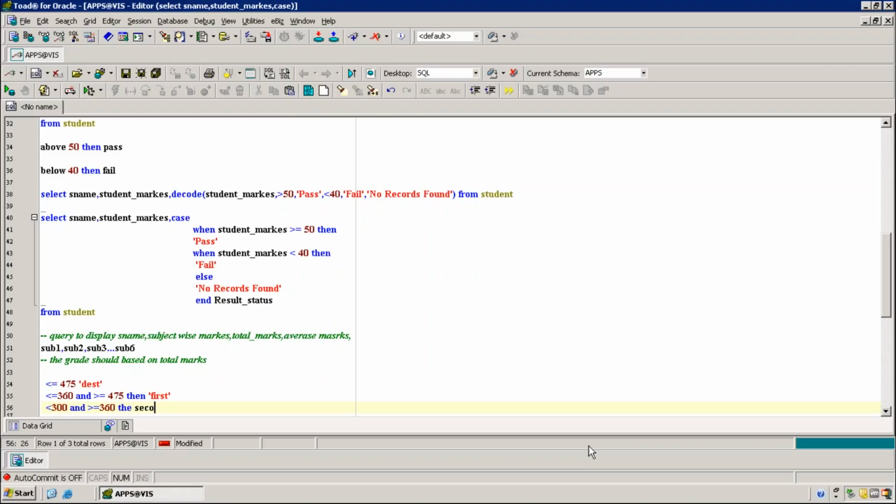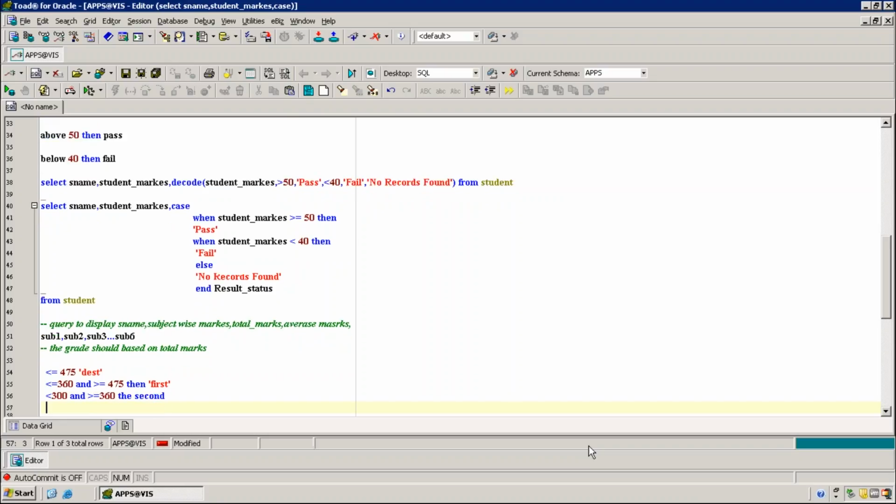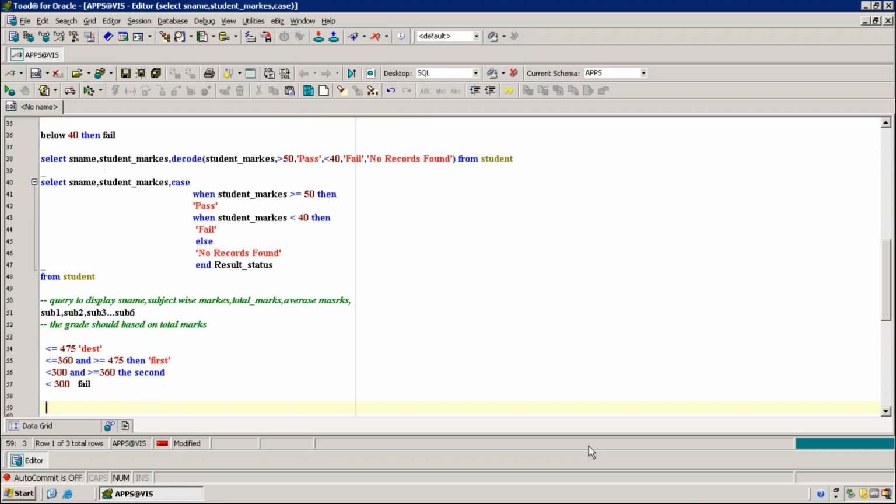Then second class. Again, below 300 is fail. Okay, do this requirement.